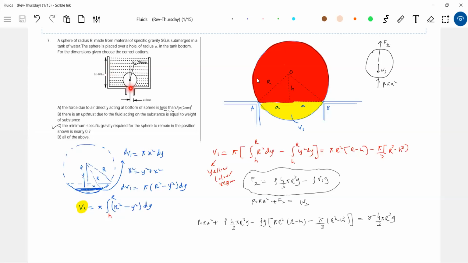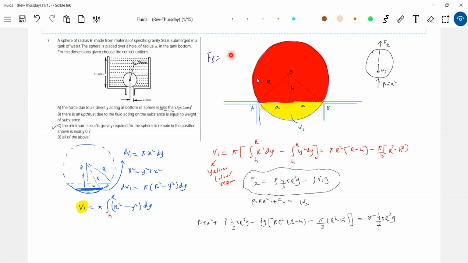See, if there is no hole like that, we would have directly gone for the buoyancy formula, density into volume immersed. You can't write the formula directly here. You have to be very extra alert with such numericals. When do we write the formula buoyancy equal to density into volume immersed? I think you know this. We can use it when the body is immersed and no other force other than the pressure force acts. Here, due to air, a force will be acting, so you can't just write this formula here. That's why I picked up a question of that kind.